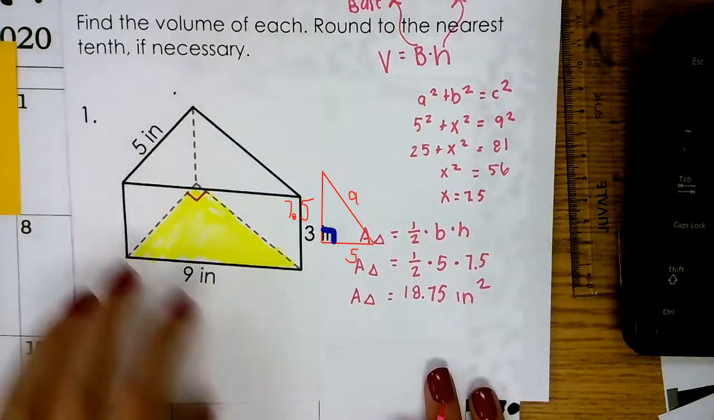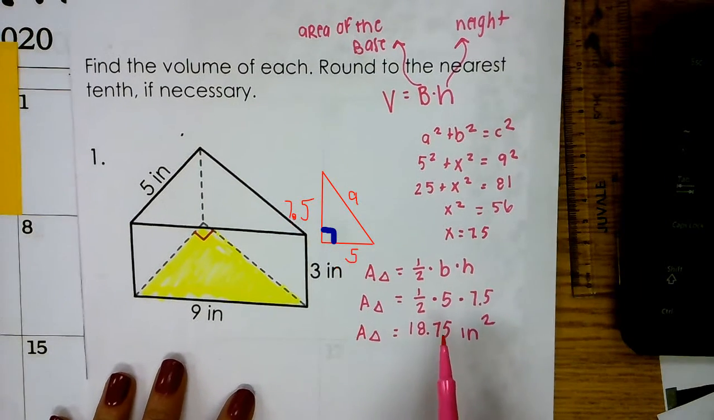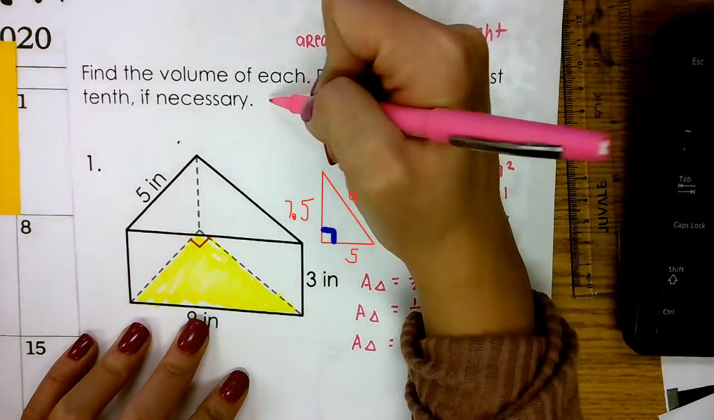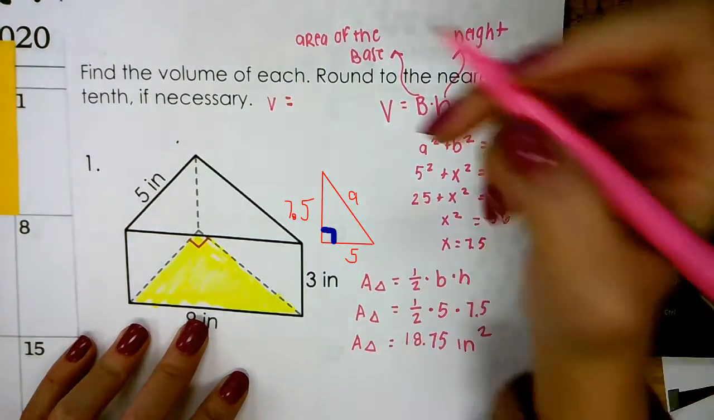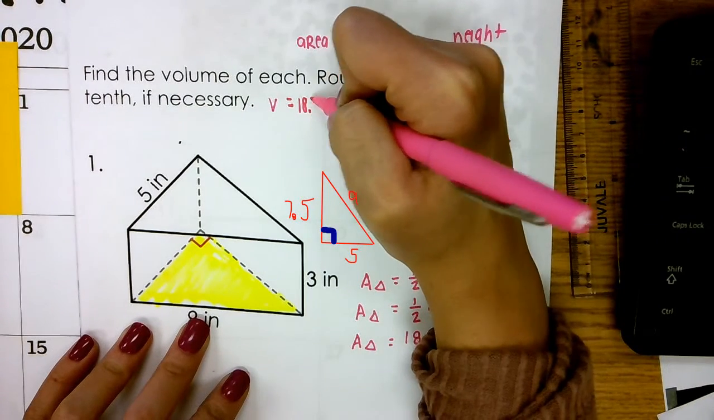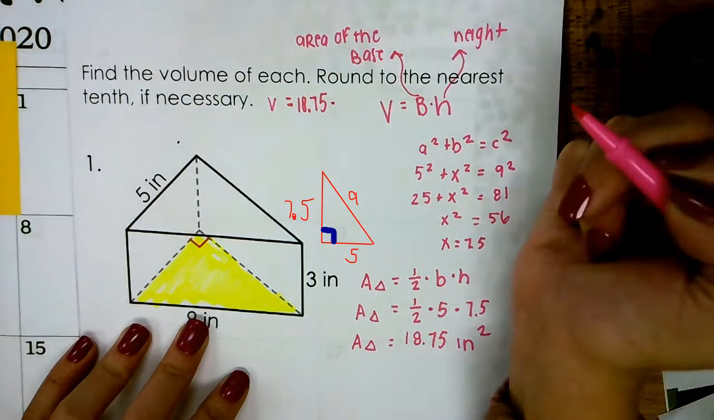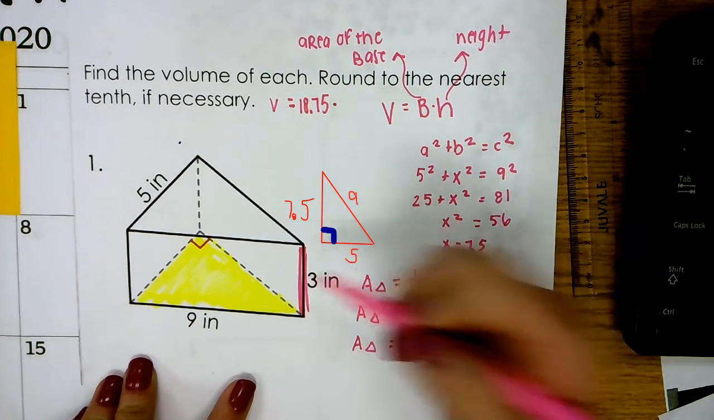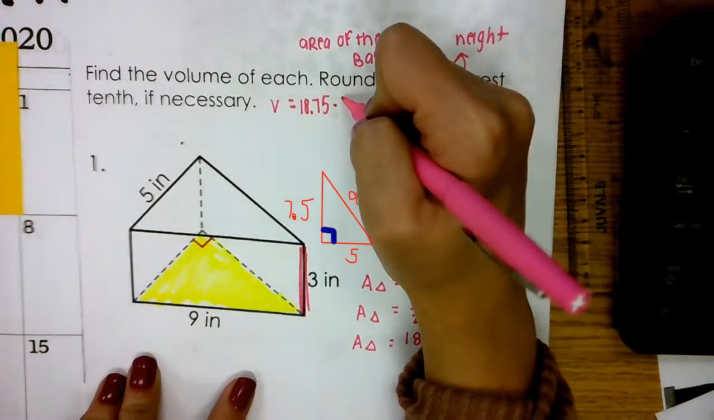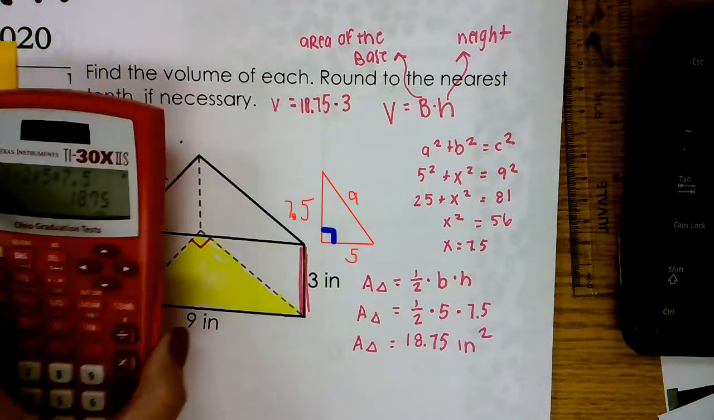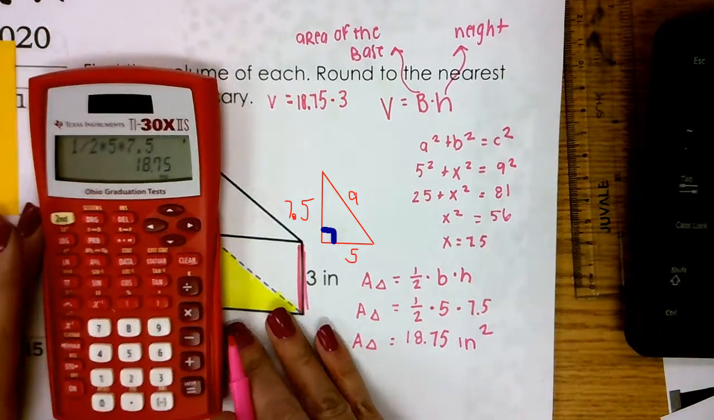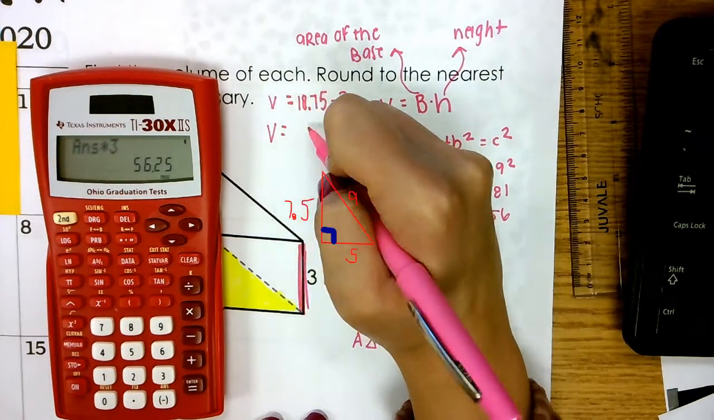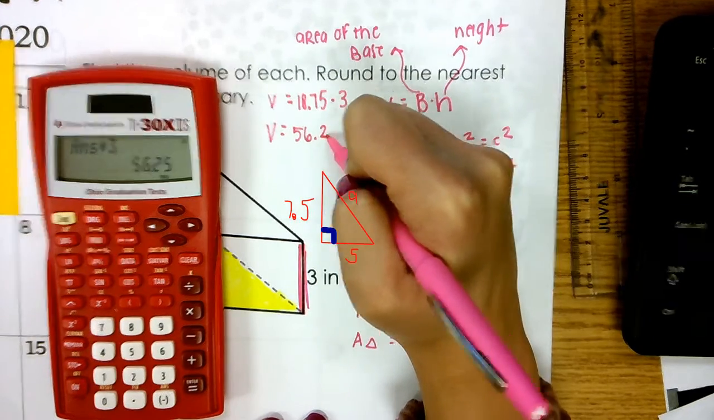Now that we have the area of the base, we're going to substitute that into our volume formula. So over here, the volume is going to be equal to the area of the base, which is 18.75, times the height. Well, from our picture, we can see that the height here is 3. So we're going to do 18.75 times 3 on our calculator. So I already have 18.75 up, so now I'm just going to multiply that by 3. To get that the volume is equal to 56.25